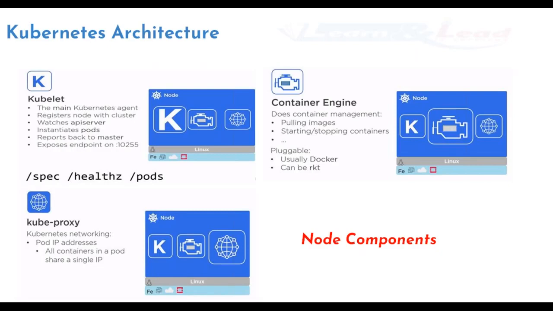Now the second thing is the container engine. Of course, we need a container platform to run the containers. The underlying container engine is most of the time Docker, but Kubernetes can implement multiple container runtimes also, like Rocket, or there is CRI-O. There are various container platforms which can be utilized, but 99% of people use Docker only, so we would implement Docker along with it. Container engine is nothing but your Docker.